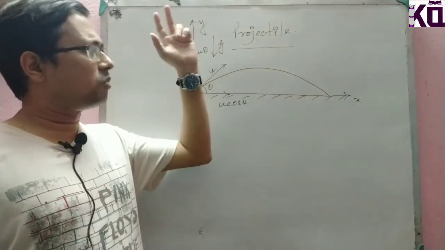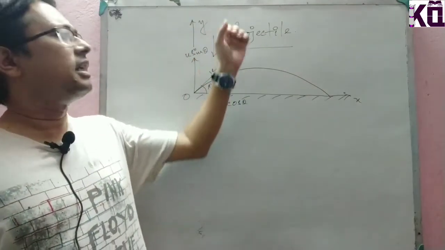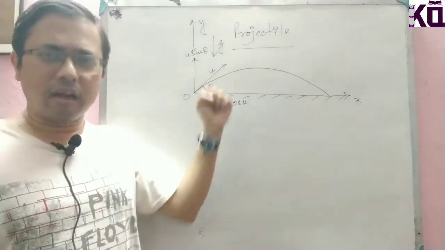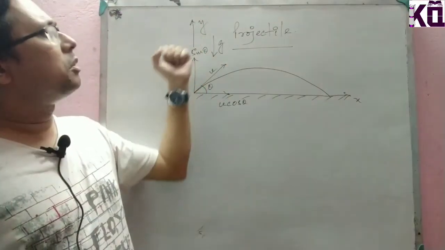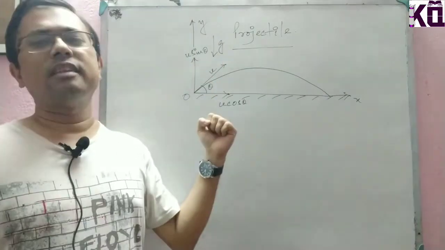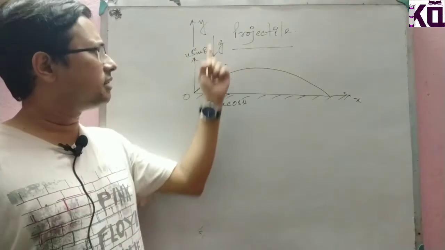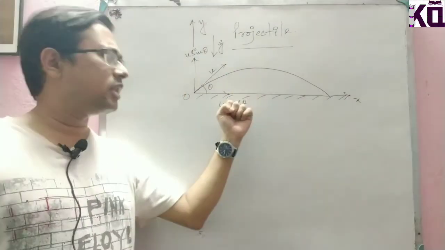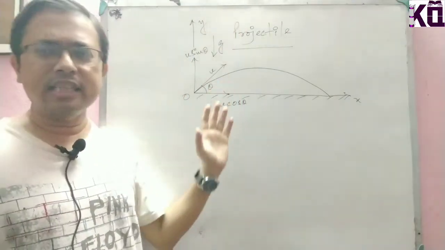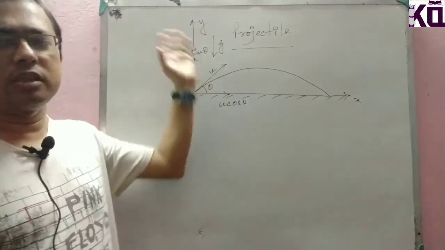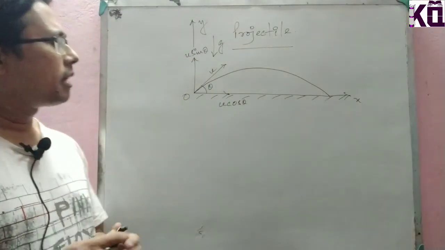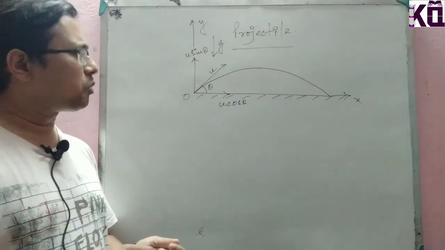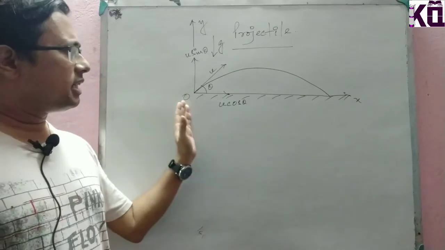But when there is a movement of the body in the upward direction, there is a force which is applied by the earth on the body in the downward direction. So against the motion of the body there is another force, and so there is the gravitational acceleration. So there must be some retardation when the body tries to move in y direction, in the upward or positive y direction.